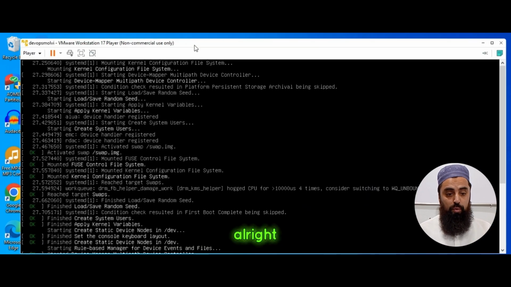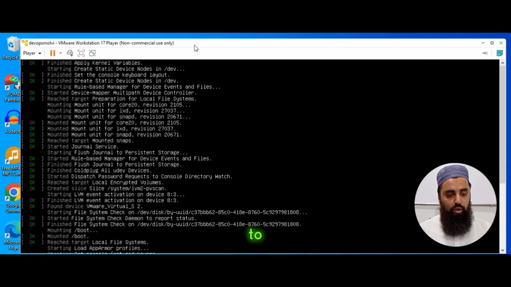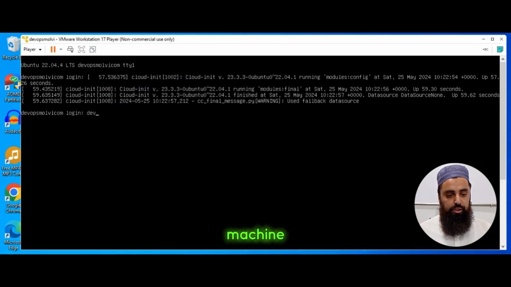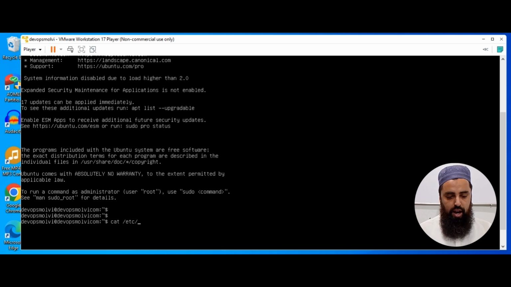All right, we are now ready to log in to our machine. You remember that my username was DevOps Molvi. So I will log in with these credentials. These are just random server logs or console logs. And now I will give the username, which was DevOps Molvi, and the password. Make sure you remember the password. I am logged